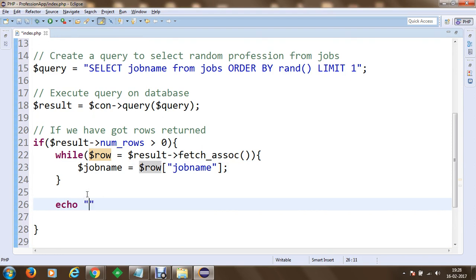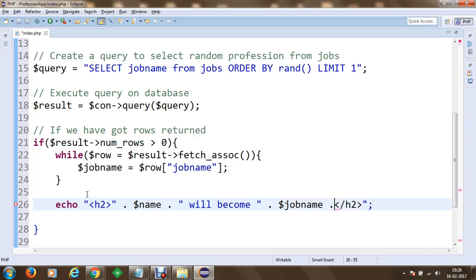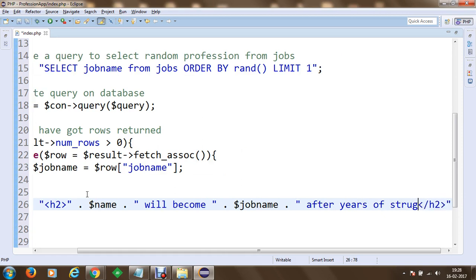So once we have got the random job name selected, then what we can do is we can simply print an HTML statement. Let's say we are going to put in a heading, and within this heading we are going to define $name, which is received from the get request, concatenated to "will become", and we are going to concatenate the profession, which is stored inside job name, followed by "after years of struggle".